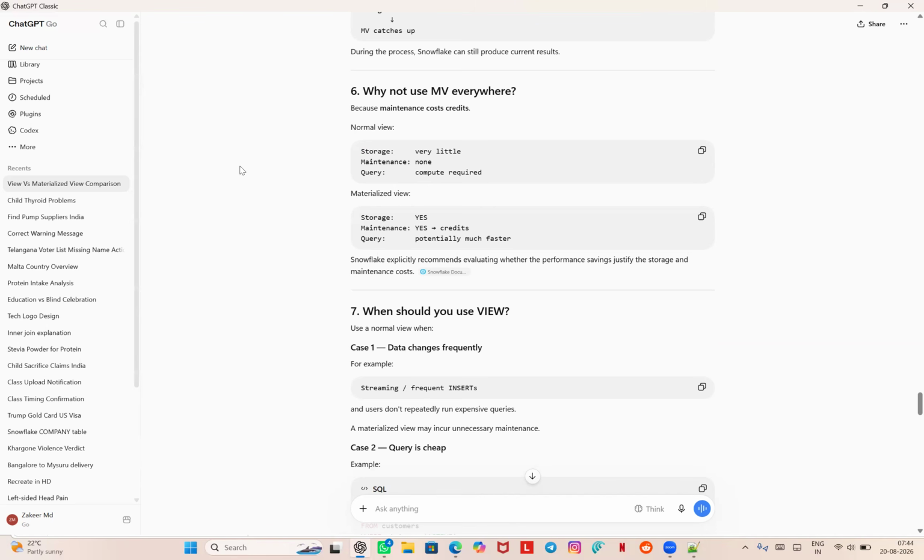According to that, they will decide which tables to change from view to materialized view. And last time when we had a call, there was a quarterly